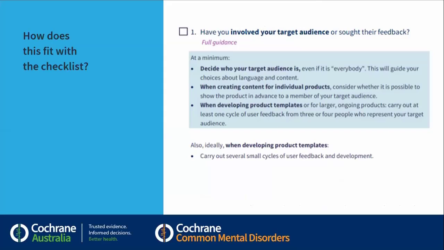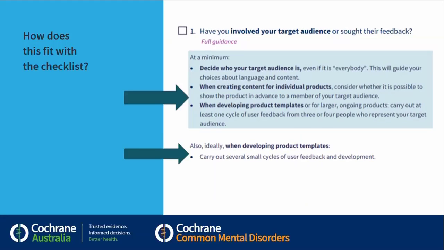So we just really wanted to think about this item in the checklist, just touch on it, because really item 1 is about, have you involved your target audience or sought their feedback in the production of that dissemination product? There could be a whole series of webinars, and there's lots of information out there about best practice for co-production and how you do really good co-production of dissemination products, and even co-production of research and of priority setting, etc., with your different target audiences, and in particular with consumers. We're not going to have time to cover all of that and do it justice today, but it's a really important part of the checklist.